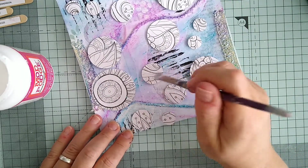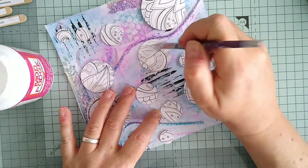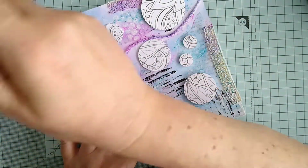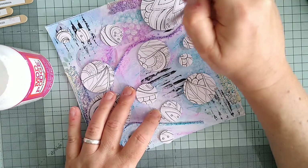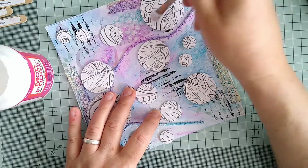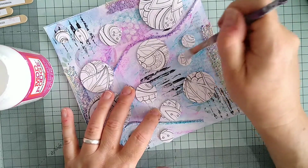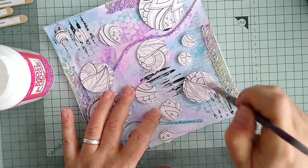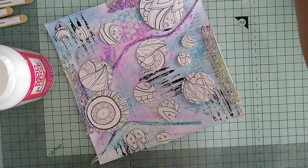Please don't judge me on my paintbrushes. These are the cheapest of the cheap brushes that I bought years ago from The Works, I think. There's about two of them that I just use all the time for gluing, gessoing, anything where you don't mind if the brush gets damaged, but they don't really get damaged. I just leave them sitting in water like you're not supposed to do, and then dry them off when I need them. They're perfect for this sort of thing. I've got some nice brushes for other purposes, but